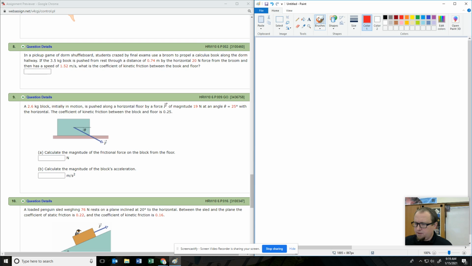The assembly of blocks is now placed on a horizontal frictionless table. So now the blocks are here on a frictionless table. So there's no friction down here, but there is friction up here. Yes, there is friction between the blocks. Find the magnitude of the maximum horizontal force that can be applied to the lower block so the top block will move together. Well,